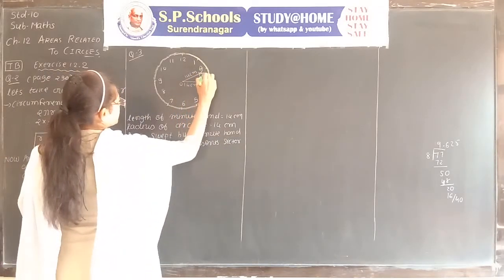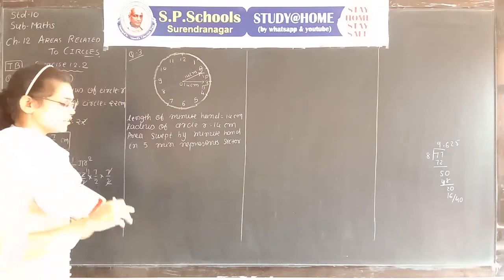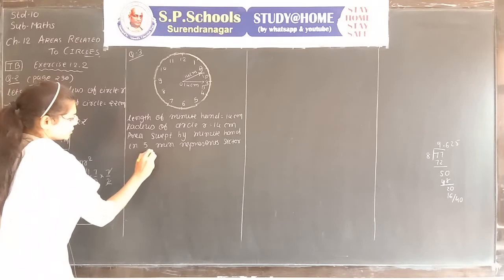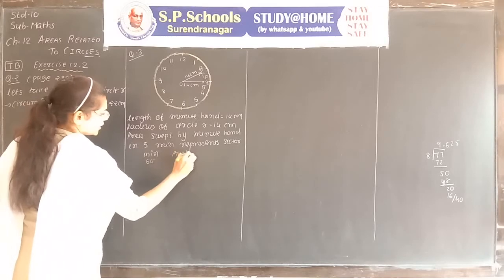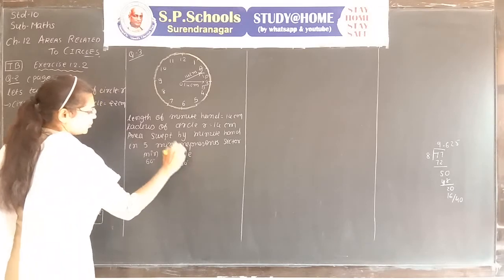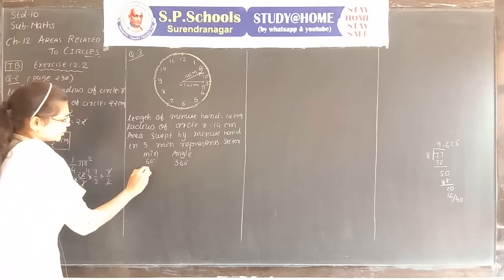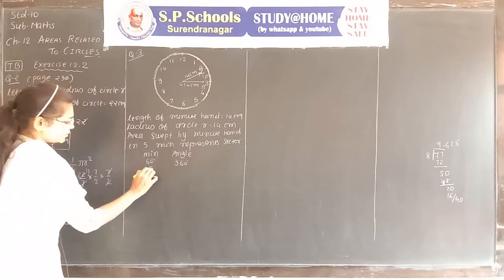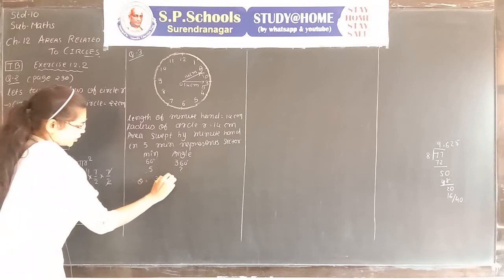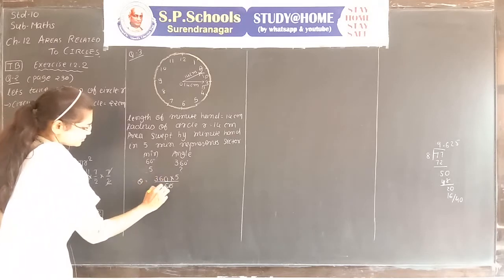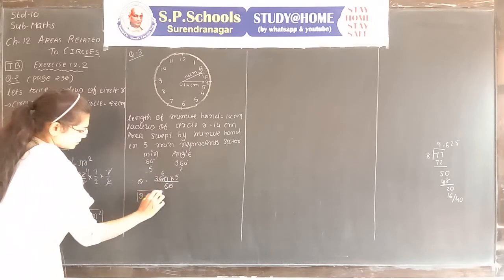Suppose OAPB is the sector. To obtain the area of the sector, we first require theta. If the minute is 60, then the angle theta is 360 degrees. The complete rotation by the minute hand makes a 360 degree angle in 60 minutes. But we need to find the angle for 5 minutes. It is given by theta equals 360 into 5 upon 60, which is 30 degrees. Theta is equal to 30 degrees.